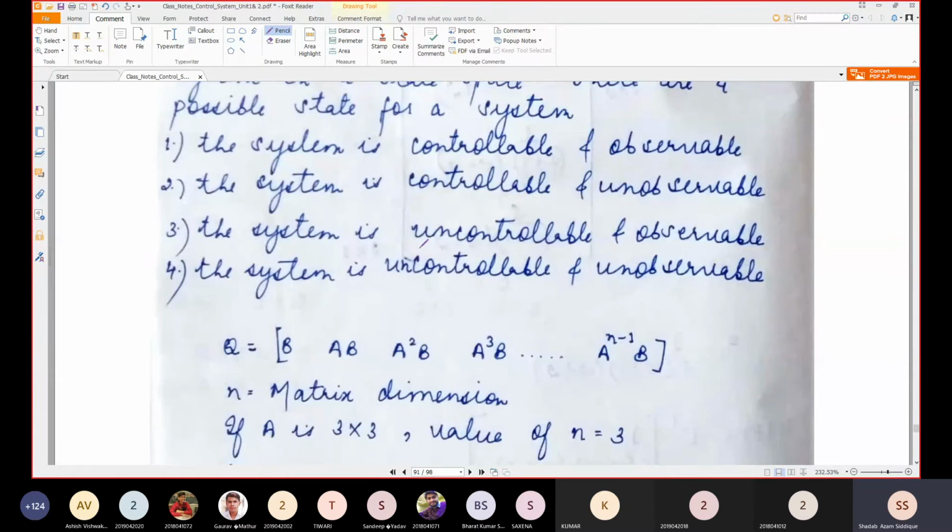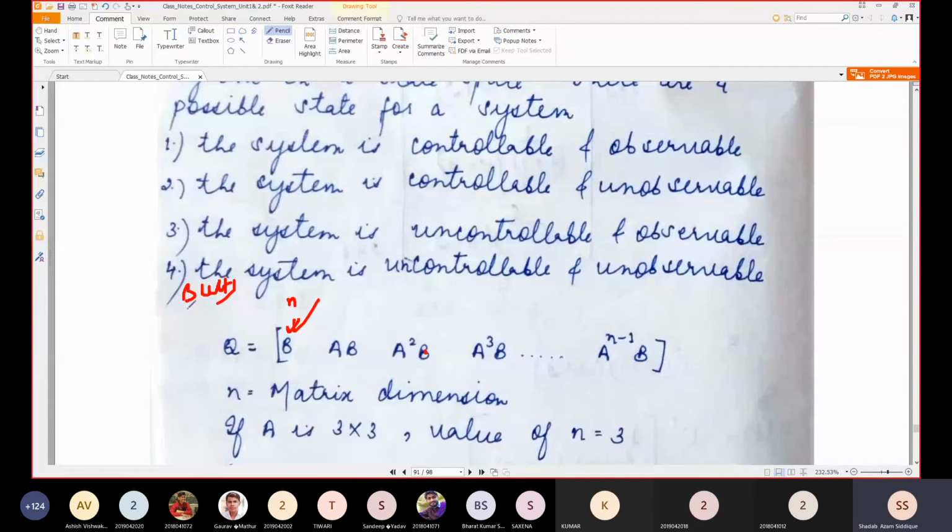So we have a Q matrix. For the time being, just take that we are dealing with the Kalman test. Kalman has taken the matrix B in the state model equation, and also the A matrix, and multiplied A with the B matrix. So AB, then A square B, then A cube B. All of these are put into the matrix. What is the dimension of the B matrix? Our B was multiplied with U of t.